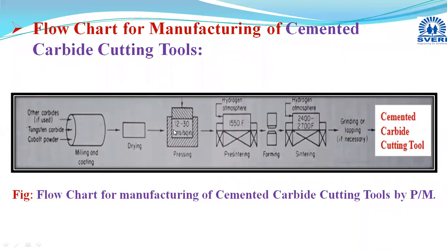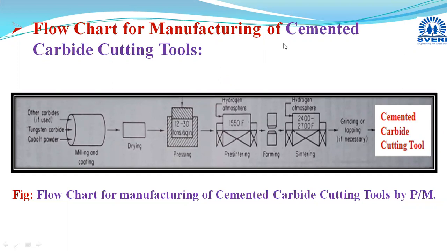Then it is given for pressing, and in this milling or mixing operation we add different lubricants. Sufficient pressing is done at 35 to 45 kg per mm square, and after pressing, a green compact is obtained. Then pre-sintering is done at 400 degrees Celsius